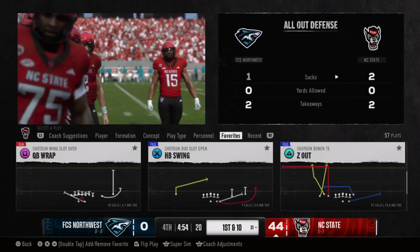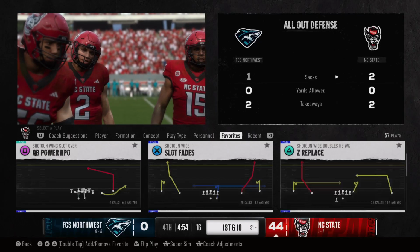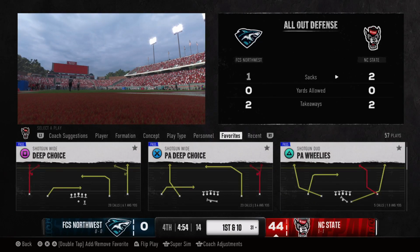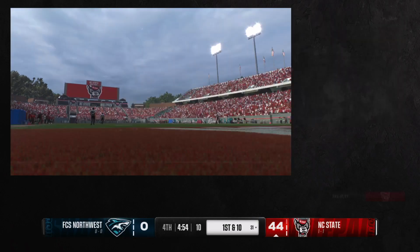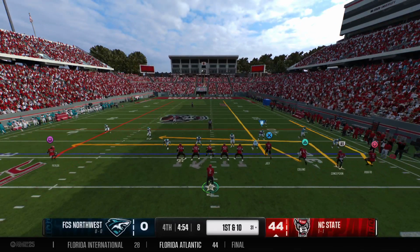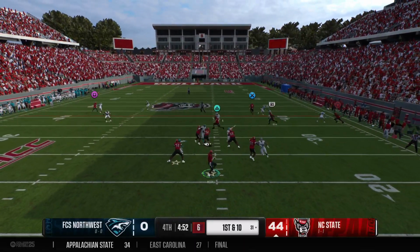NC State sending the offense back onto the field. That last drive was promising for a while, but you just can't mess it up at the end with the pick, Jesse. No, you got to be able to finish drives, especially in this game if you're going to win. And, David, they've got to be able to eliminate the mental mistakes. Yeah, and I don't think you get...